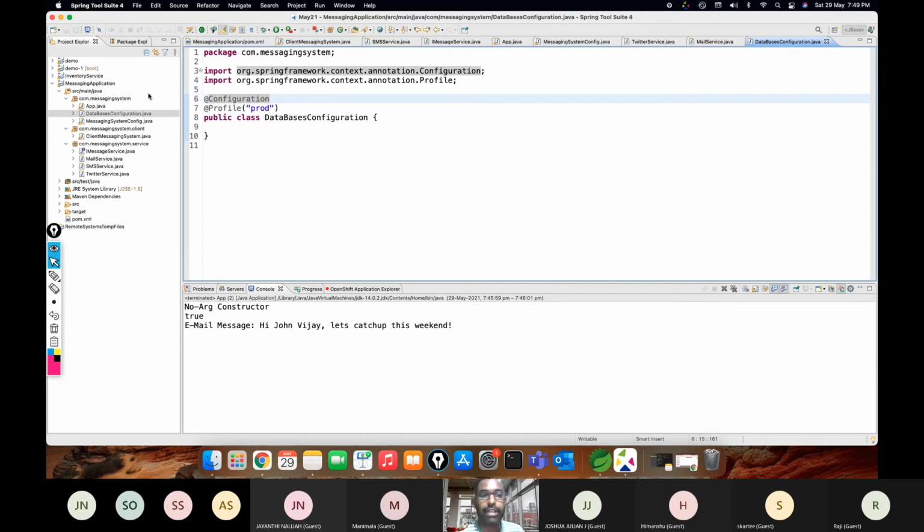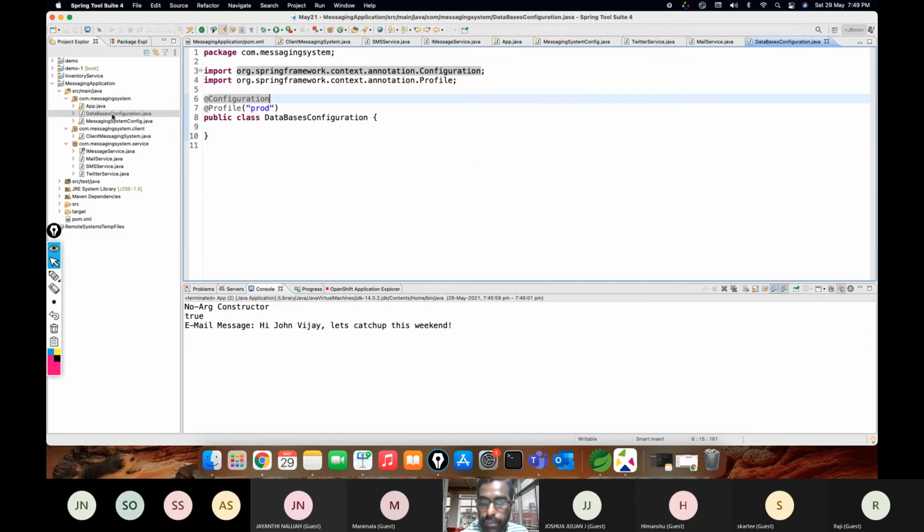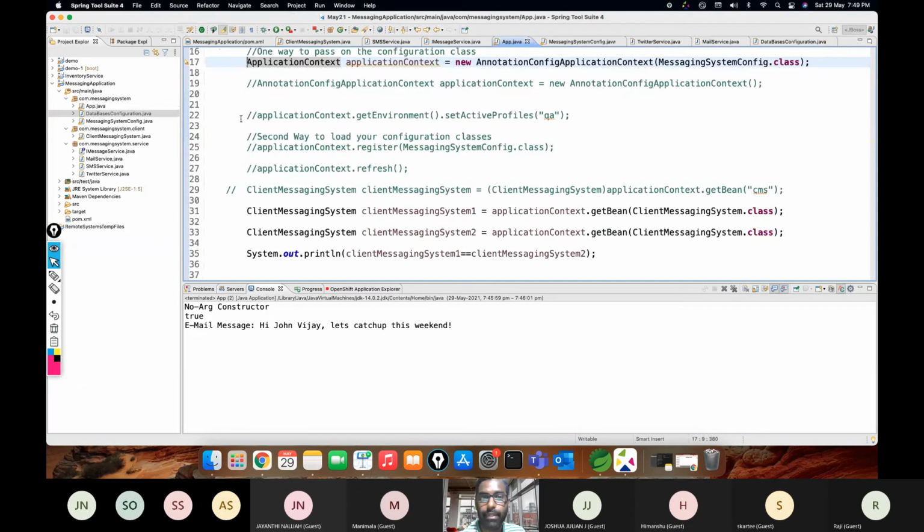So how many configuration classes are there? There are two configuration classes. Both the configuration classes will be handed over to the IOC, but which one will be loaded at the runtime? You can decide based on the profile name. So in the code, how it looks like is,